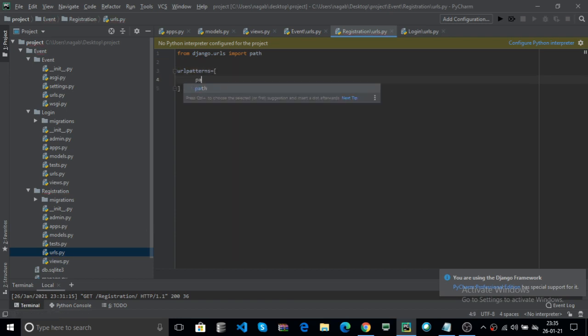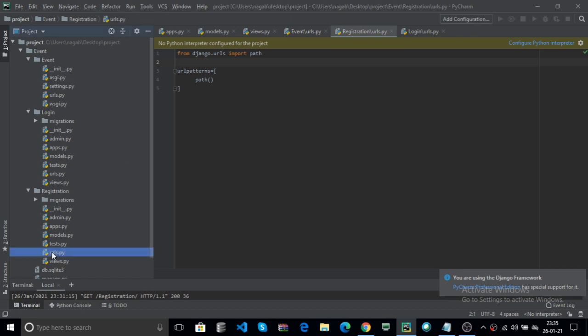Here you mention the path, instead of in the main urls.py. This is the registration urls.py, where your view is defined in views.py.